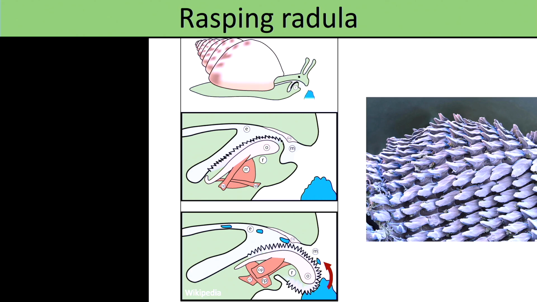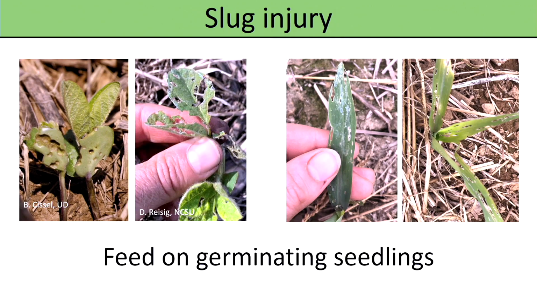So what does that look like when we're looking at soybeans? I have some slug damage to hand around to you so you can take a look. And what does it look like in corn? Because they're scraping, oftentimes they'll sit in one place and spend time scraping. A lot of times you'll get these irregular